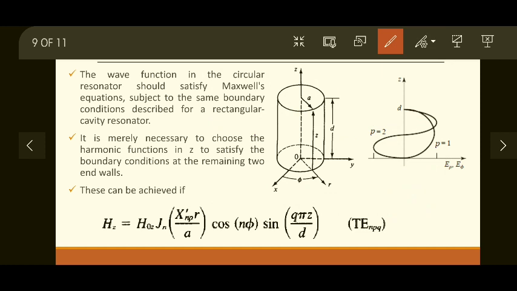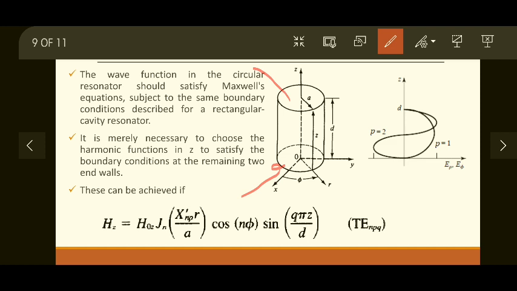In the rectangular waveguide, Ex and Ey were 0, and in the circular waveguide, E rho and E phi will be 0. Okay, for TE mode, let's consider TE mode again. The remaining two components, the electric field components at the end walls in the z direction, will